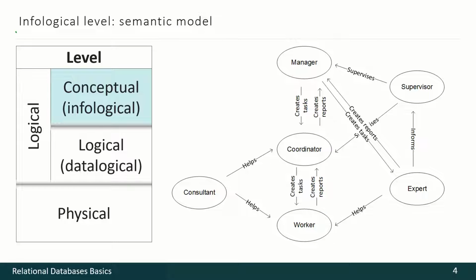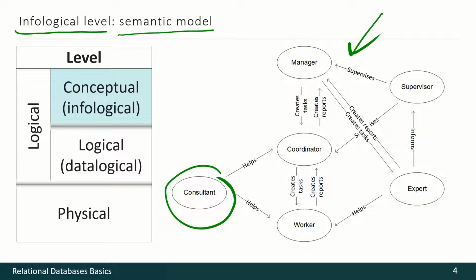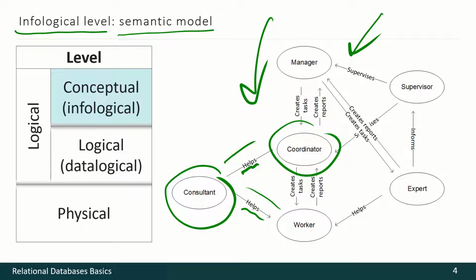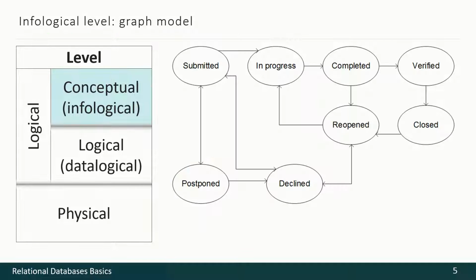The first graphical approach for conceptual level is semantic model. Here is the example. This model consists of some entities and links between those entities with actions. Such approach helps you to understand complex subject matter. Maybe you are not a specialist in that subject matter, but with such a schema you can understand it well. And even if you are an expert in subject matter, such approach helps you to remember everything, not to forget any detail.